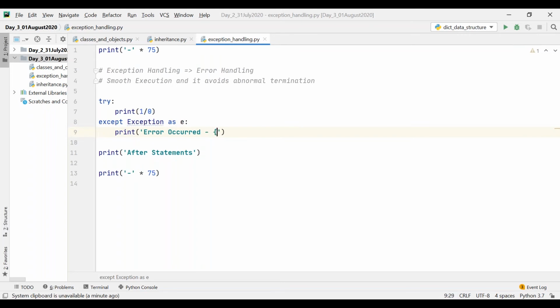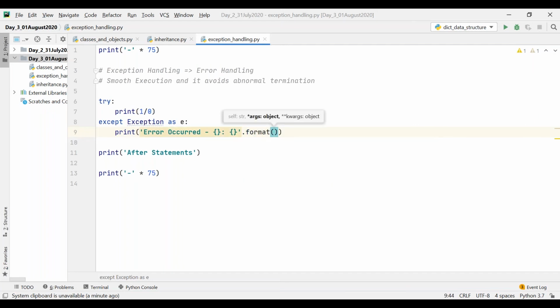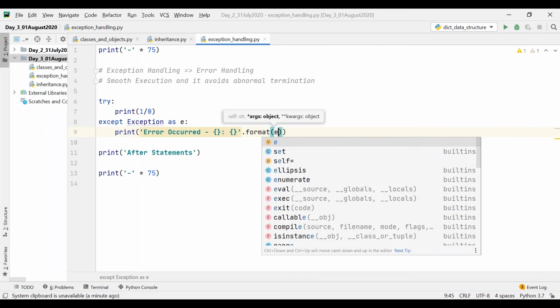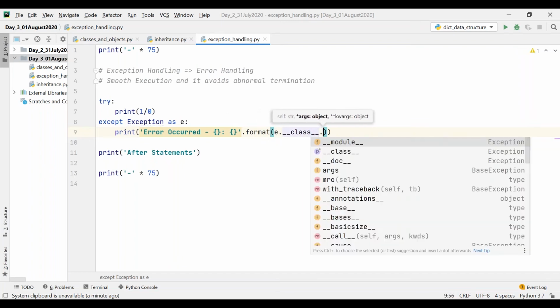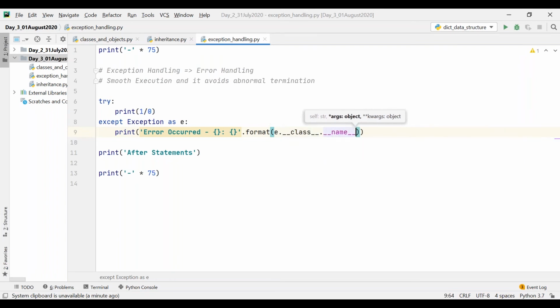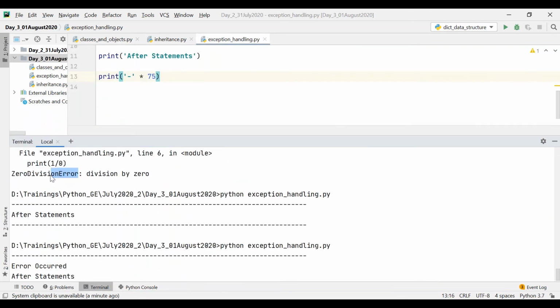So now I print error occurred, with a placeholder colon another placeholder, and then format of e dot __class__ dot __name__. That is, I am printing the name of the exception, which you can see here is ZeroDivisionError.